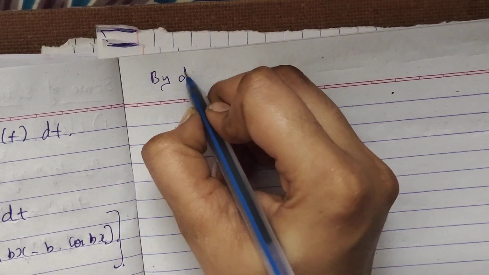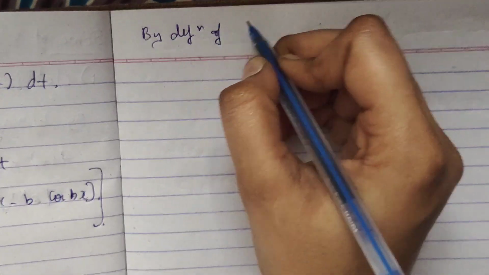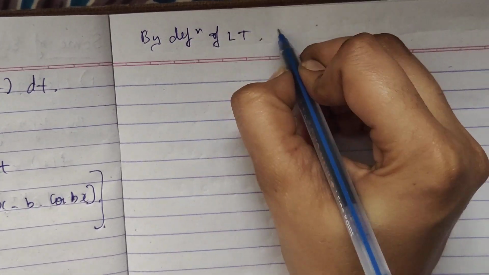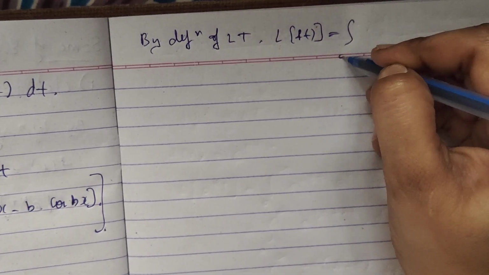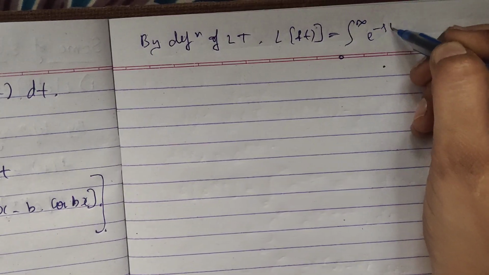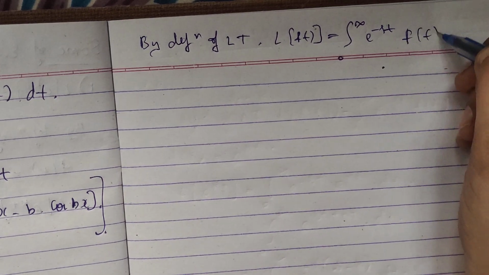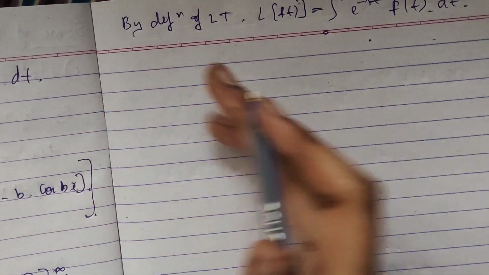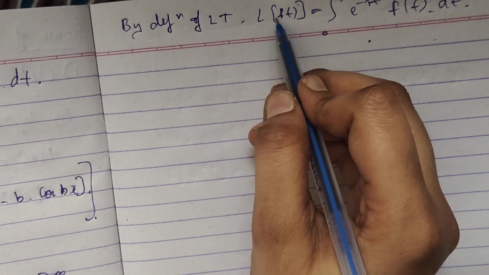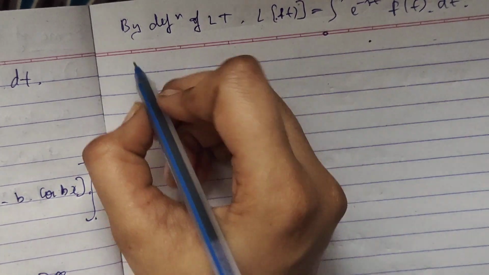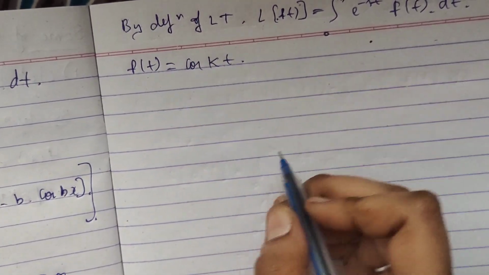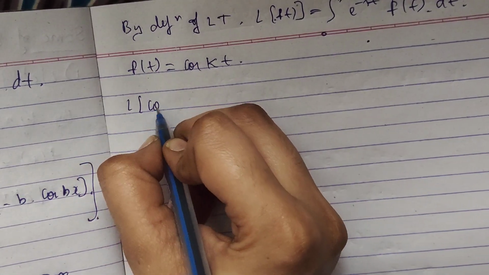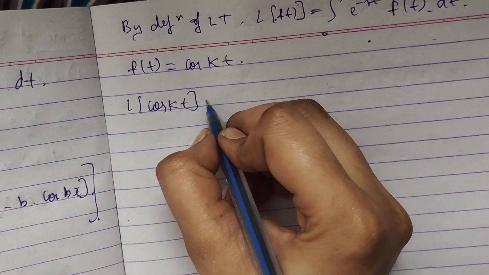Here, by the definition of LT, L of f of t is equal to integration over 0 to infinity e power minus st f of t into dt. Here f of t is substituted by cos kt. Okay, f of t is equal to what? Cos kt. Then L of cos kt is equal to